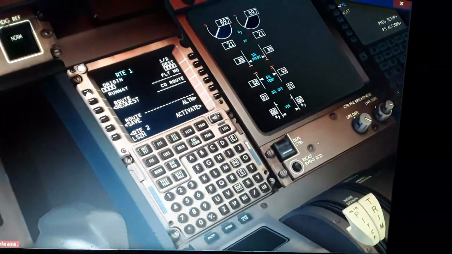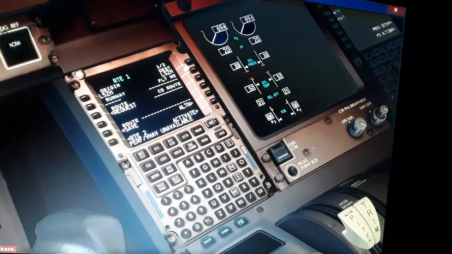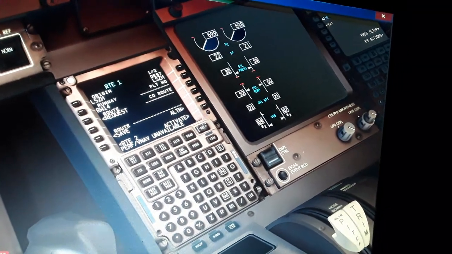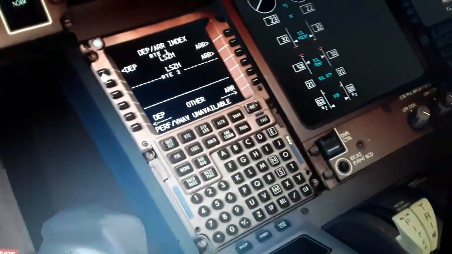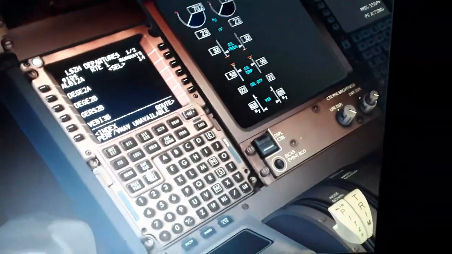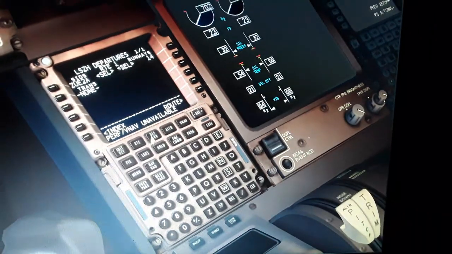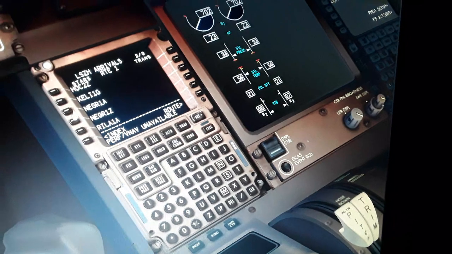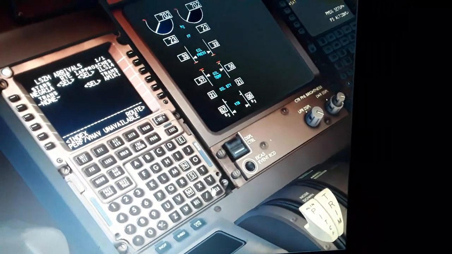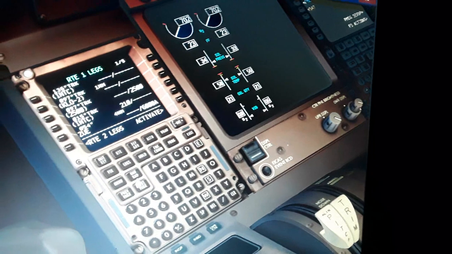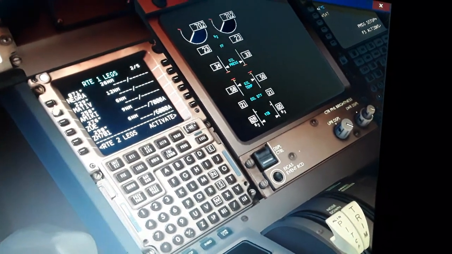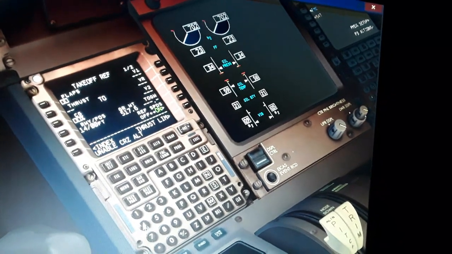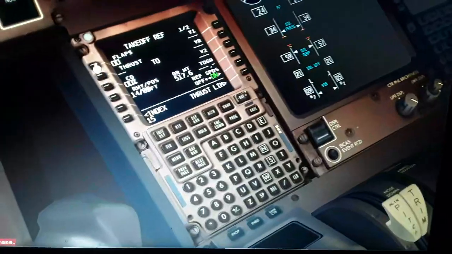LSZH runway 14. So we have the departure and arrival LSZH 14. So we clear the discontinuity, activate and execute, and we have the flaps and the center of gravity